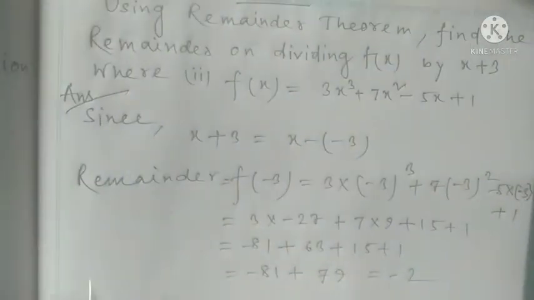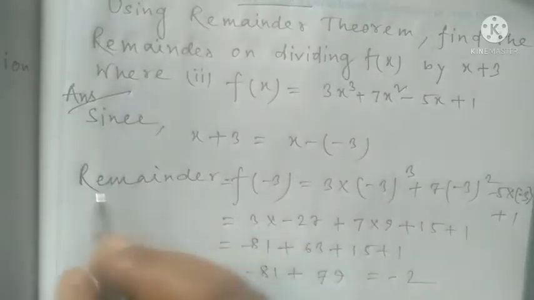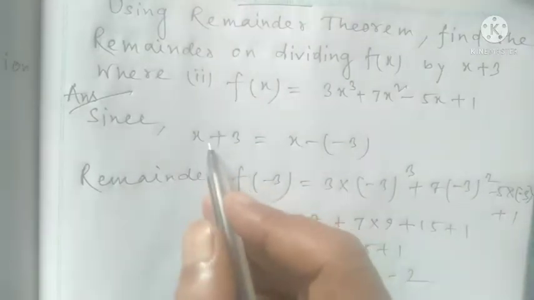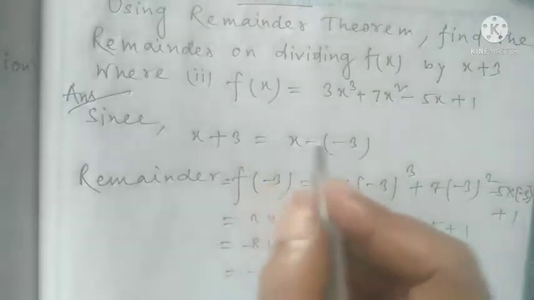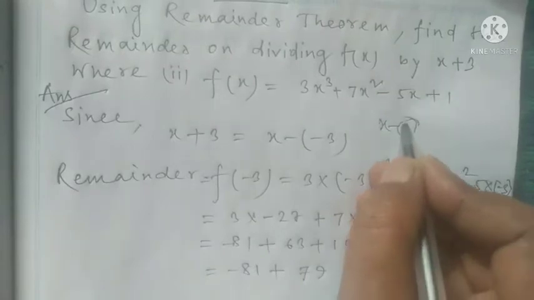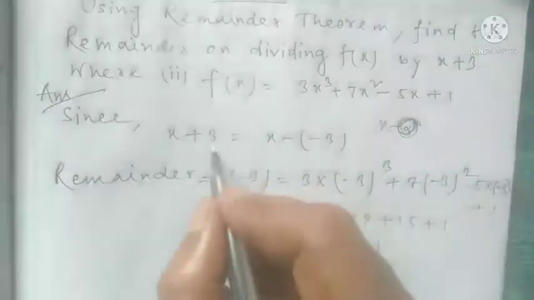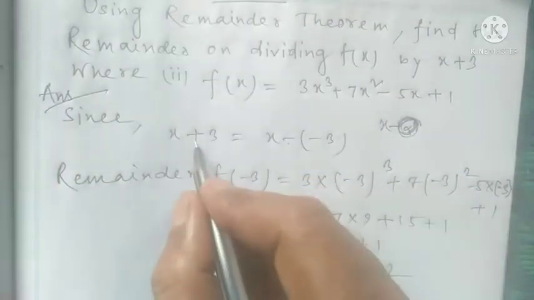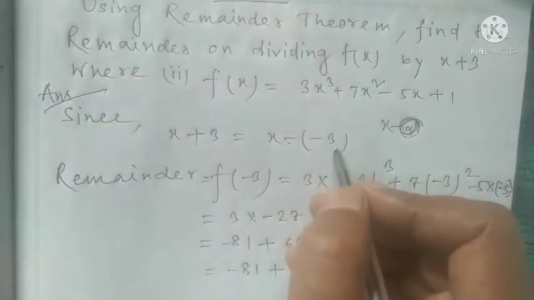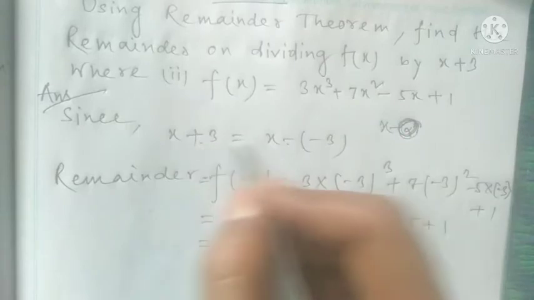Okay, so my dear students, please see how to solve this question. First of all, you have to write the x plus 3 and you have to make the minus after x, because it is a formula. This is the formula, x minus alpha. In this place you have to pick up the value. There is no minus, so you have to make the minus. There is a plus, that's why if you take the minus, you can write in here also minus, and inside the bracket minus 3. Then after that you can calculate, then you can get the same expression.